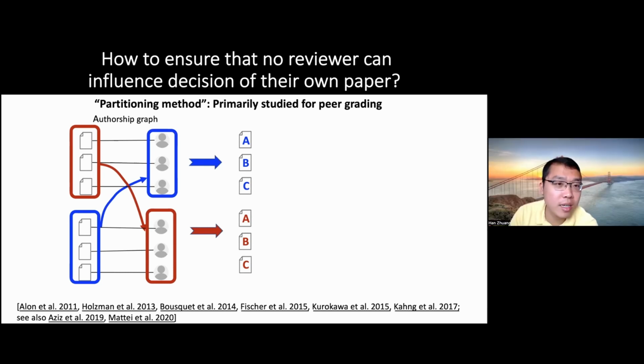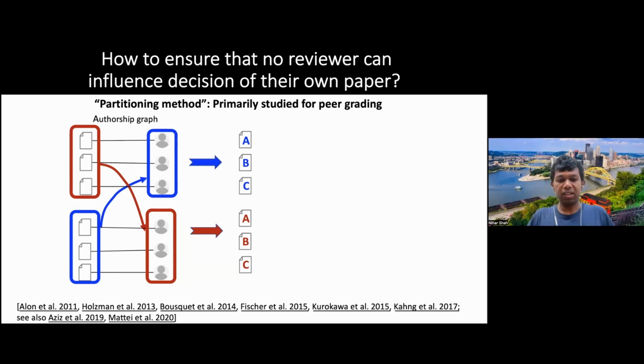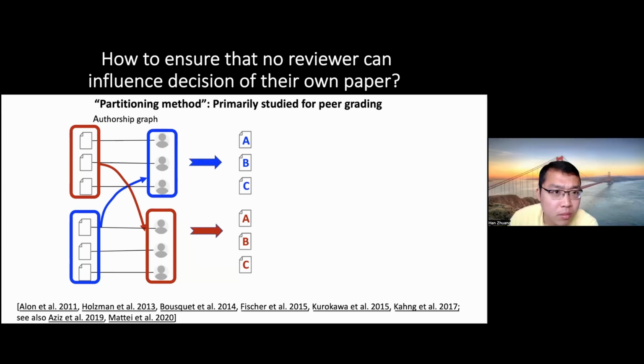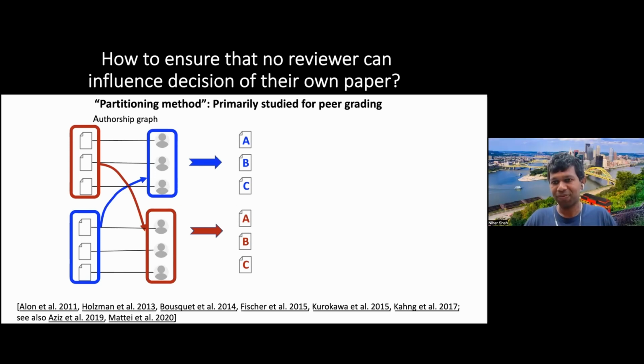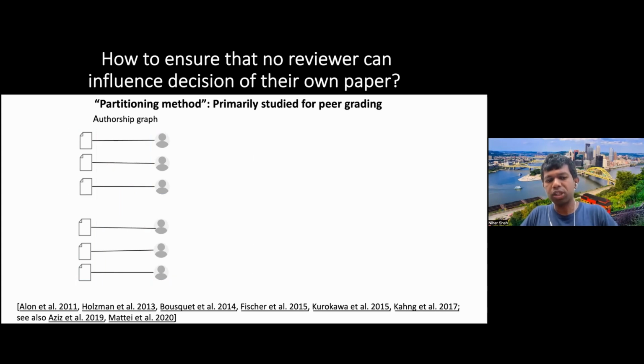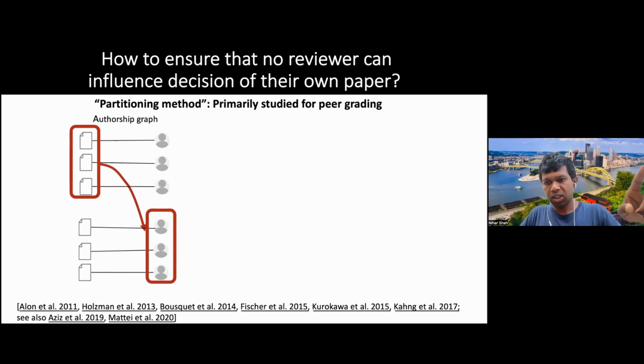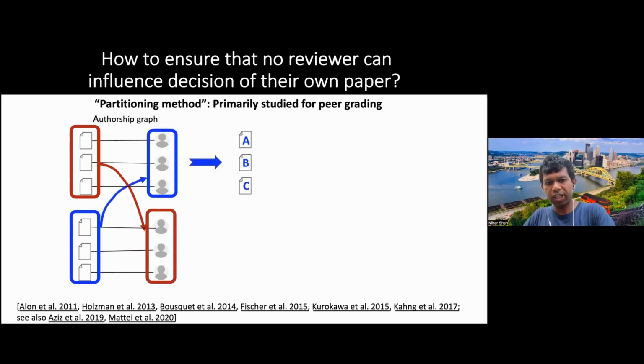My question is, how do they know that they won't be affected? They may consider that this is from another group of publications, and how high their score is doesn't affect my score. Yes. So if you show them this slide, then they'll understand that it won't affect them. If you show them this slide, that we're going to do this partitioning into two groups, red and blue, which are going to be evaluated independently of each other.